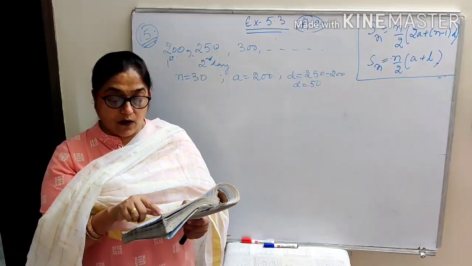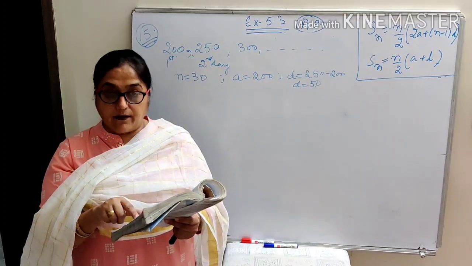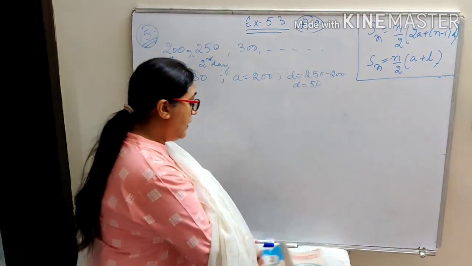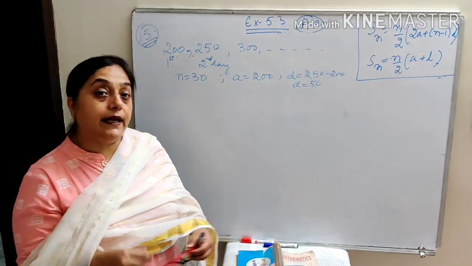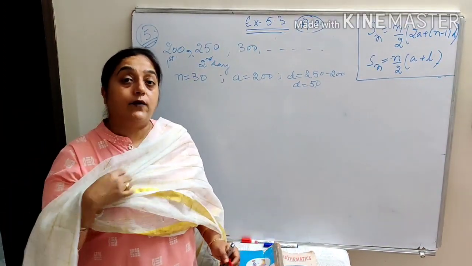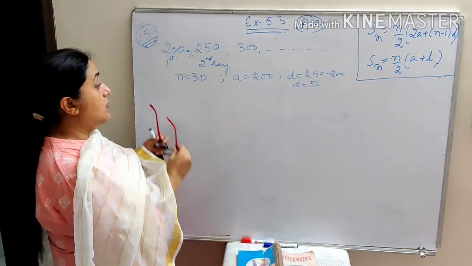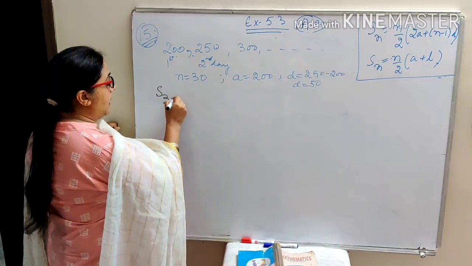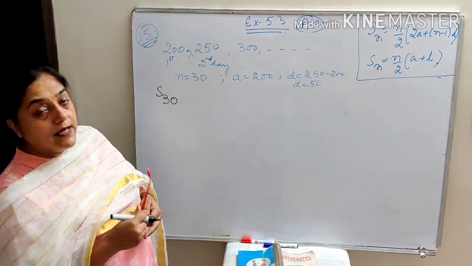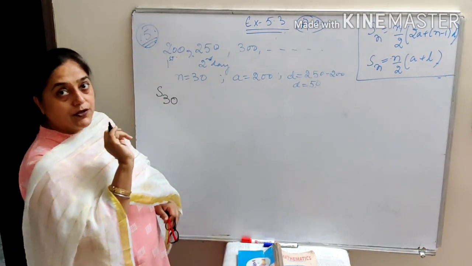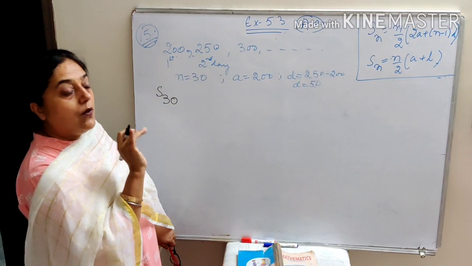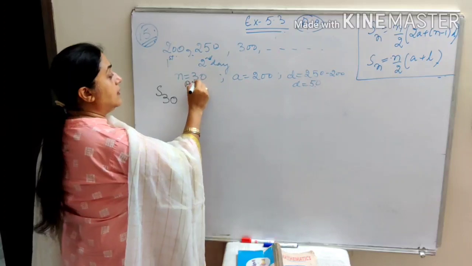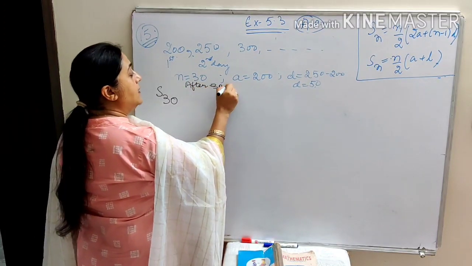Now the question is how much money the contractor has to pay as penalty if he has delayed the work for 30 days. That means if his 30 days of work is not completed, what will be the penalty he has to pay. Now let us see. So that means I have to find out S of 30, right? Is this question understood? What I said, how much money he has to pay after 30 days. After how many days? 30 days.